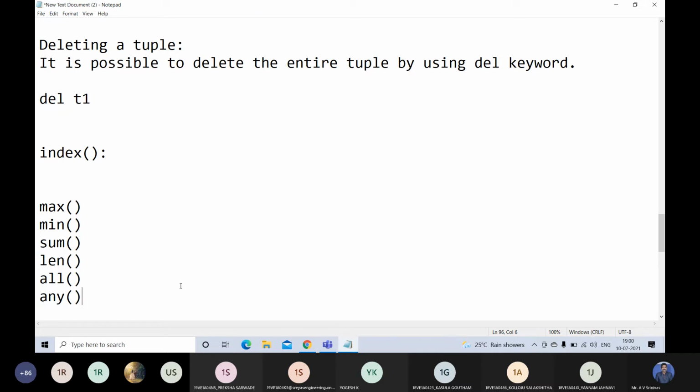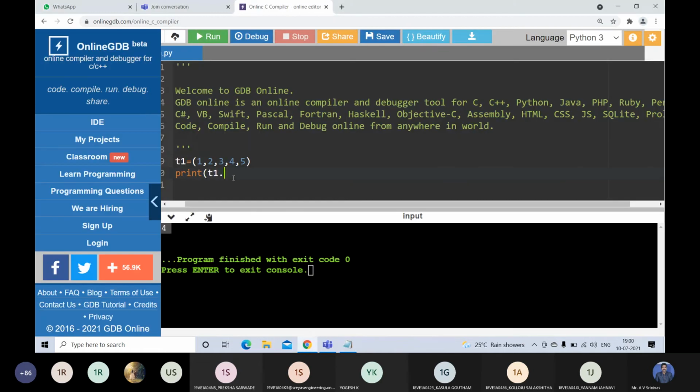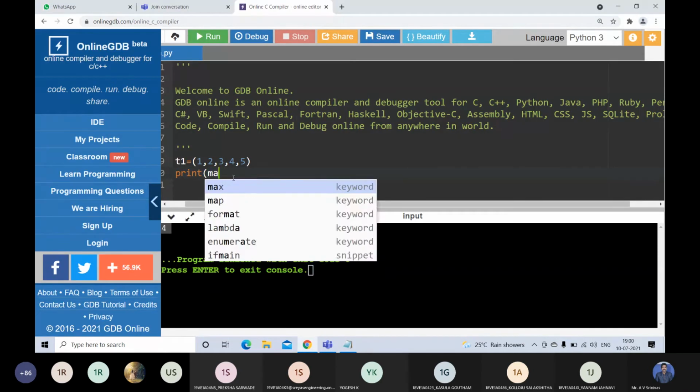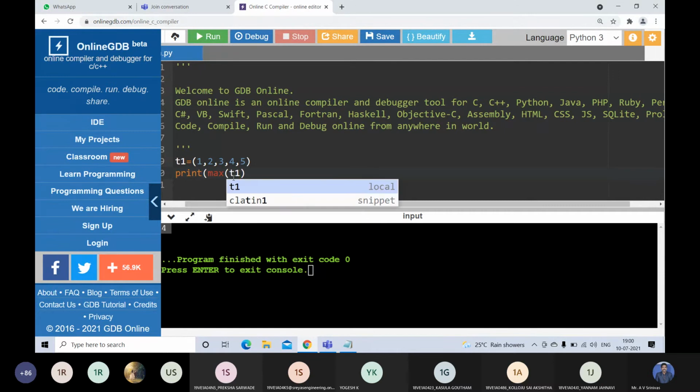Min, max, sum, length, all, any. These 6 are available with tuples also. Same meaning. If you write max of t1, you will get the largest element. Okay, if you write... am I going fast? Are you able to follow?